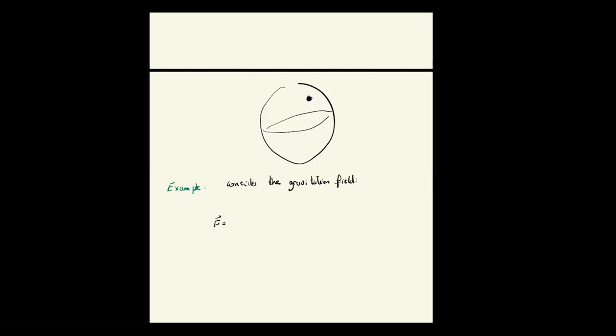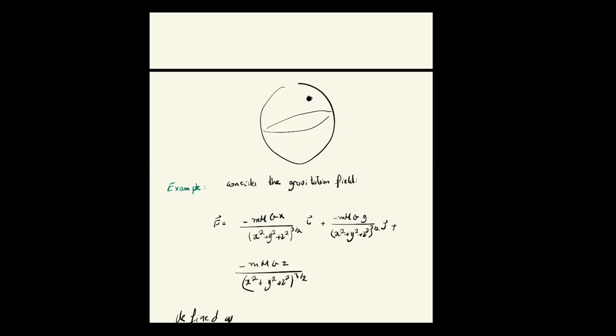So I will just apply the example to the following field: x over (x squared plus y squared plus z squared), defined over